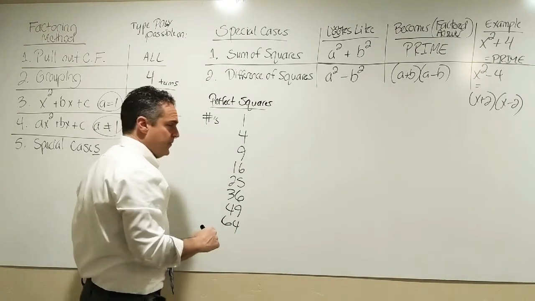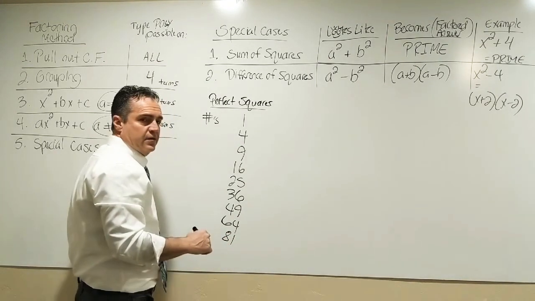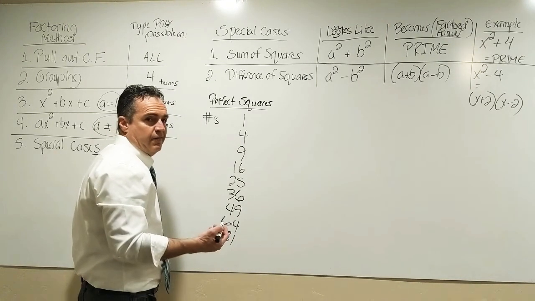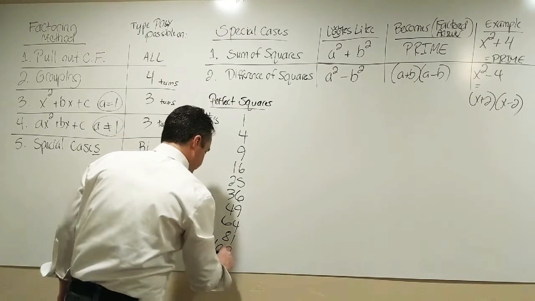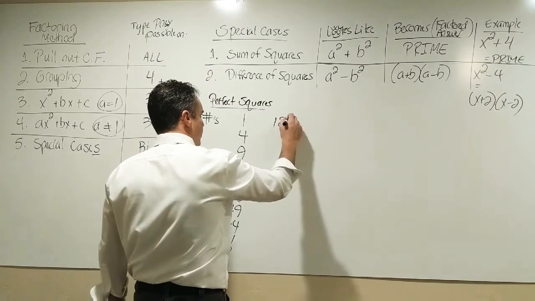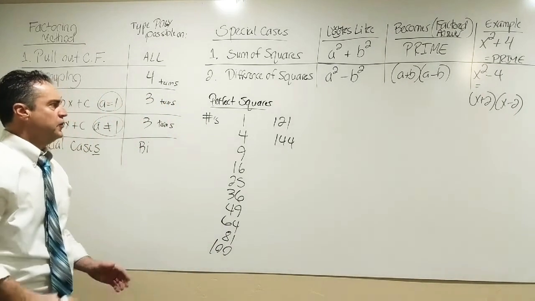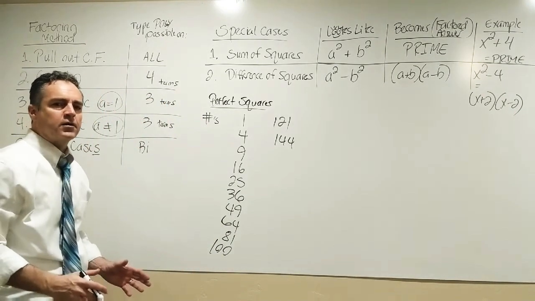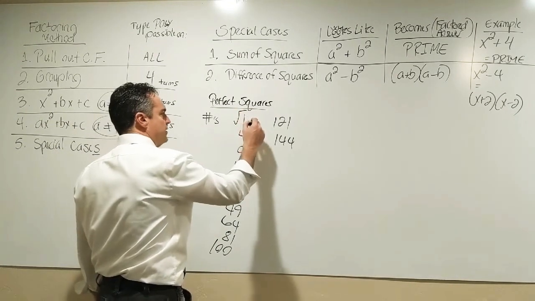Do you know? 81. All right. Guess. 100. Okay. I've got to write it up here now, the next couple, 121 and 144, okay? Now, why are those the first 12 perfect squares, okay? Well, if we take the square root of this, it equals